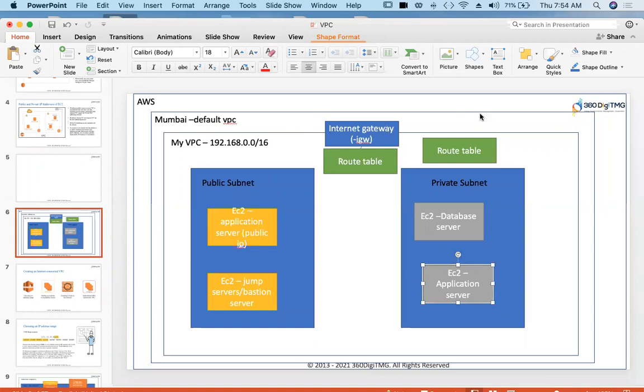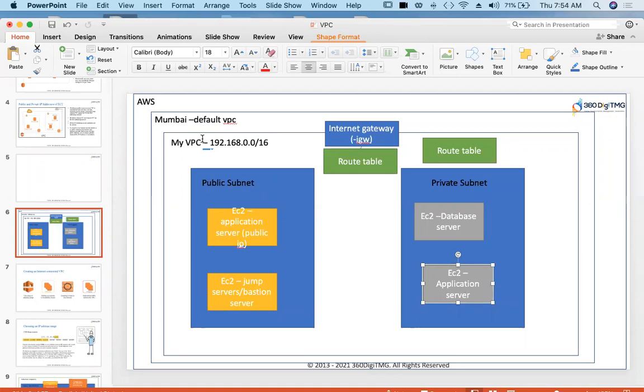Suppose abc.com is the website name, when someone says www.abc.com, first it will go to your route table, and your route table routes to the public subnet, and there is the jump server. And now jump server will route the traffic to the application server. And we know they can communicate with each other within the VPC.